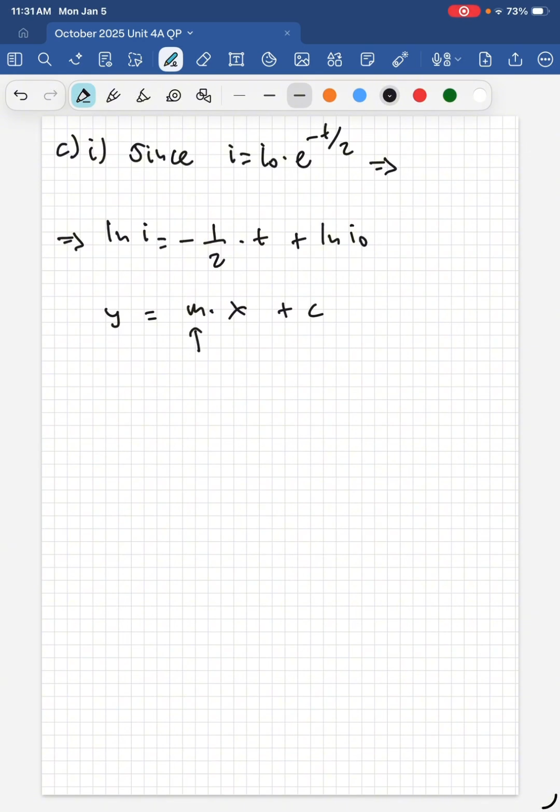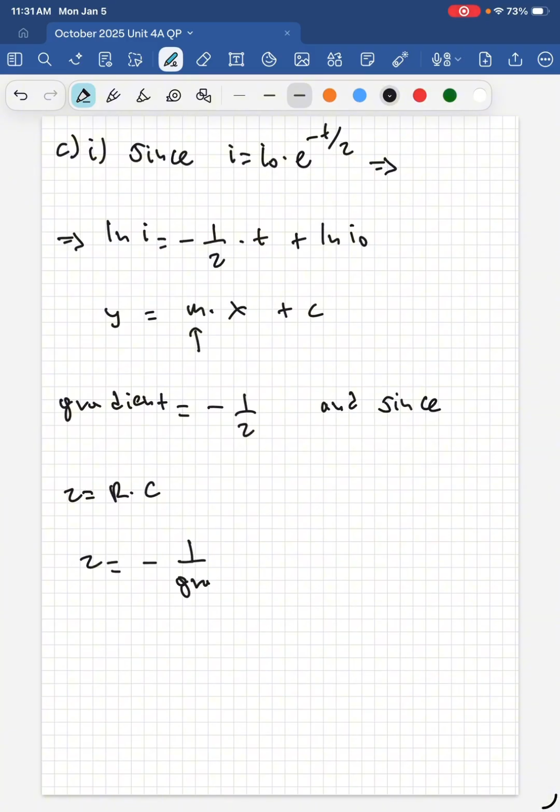So the gradient is equal to minus 1 over tau, and since tau is RC, we see immediately that we can find the capacitance, right? Because tau is equal to minus 1 over the gradient, and then C is just minus 1 over R times the gradient. Okay,